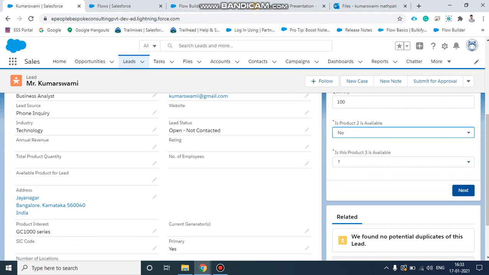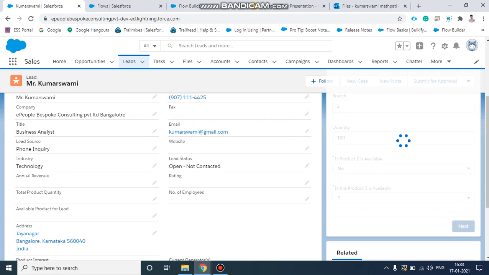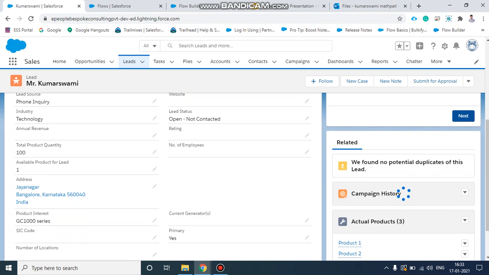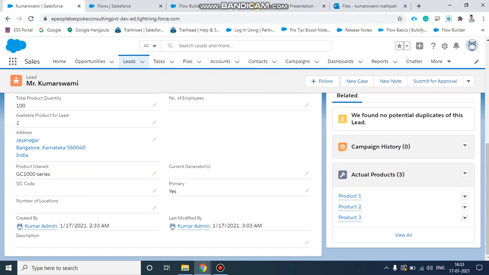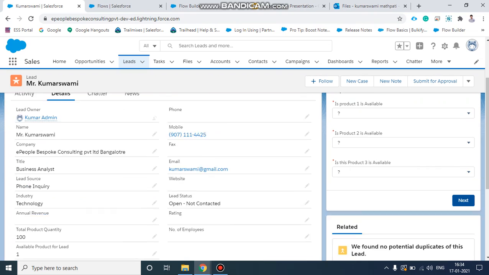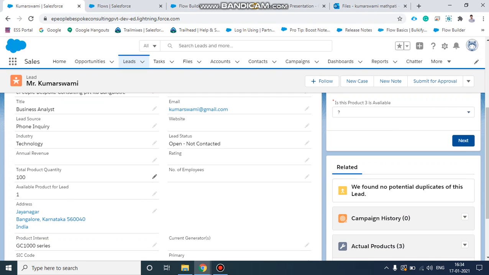Then they click on next. As you see, all 3 child records are created. Total product quantity is 100, since I entered only one record value, and available product for lead is 1.